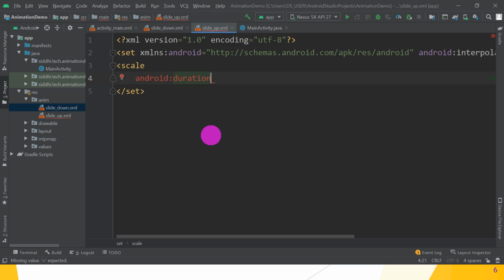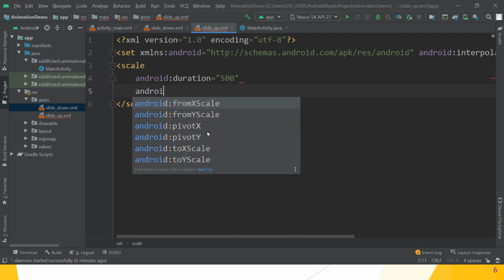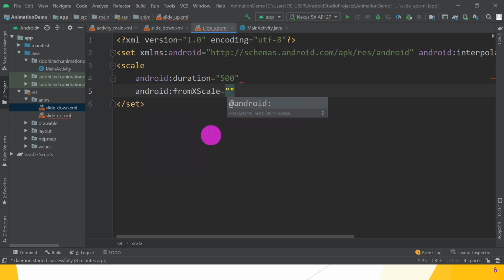Android duration is equal to, suppose, 500 milliseconds. Then android:fromXScale is equal to 1.0. Great.